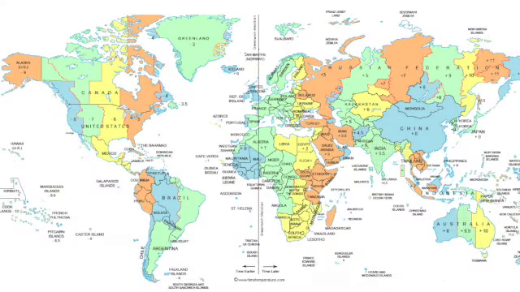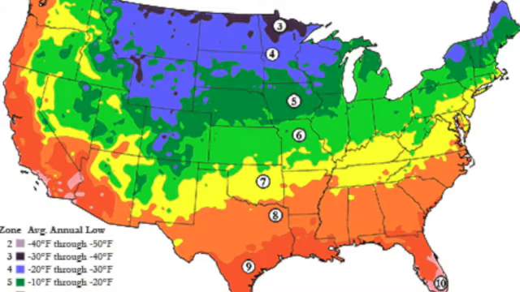So let's talk zones. Oftentimes I hear people say things like, hey, I'm in zone 3, so when can I start my tomatoes? I don't know. Your zone doesn't tell me when you can start things. Zones, think of them like time zones, right? Time zones tell you what time a certain area is, and that's how temperature zones are. They tell you the coldest temperature that zone gets.